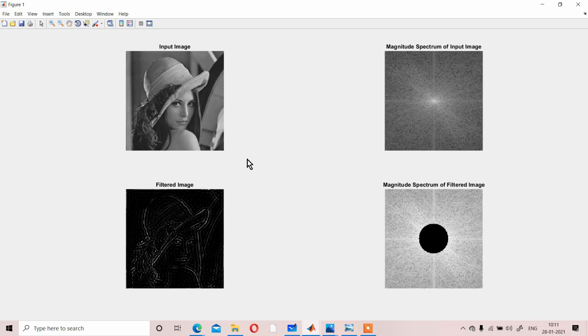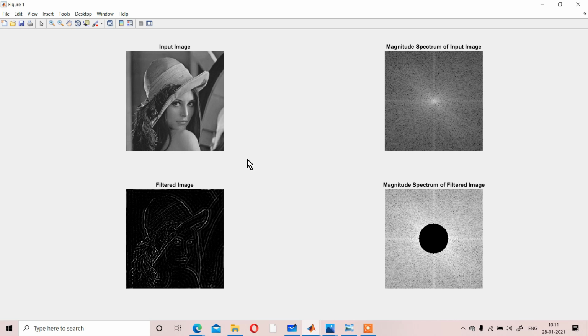So whenever you use the low pass filter, the low frequency ranges will remain and the boundary high frequency ranges will be removed, as we have seen. But here you are using the high pass filter. So what is happening? Simply the opposite. The boundary pixels, which are the high frequency ranges, remain and all the low frequency ranges are removed.